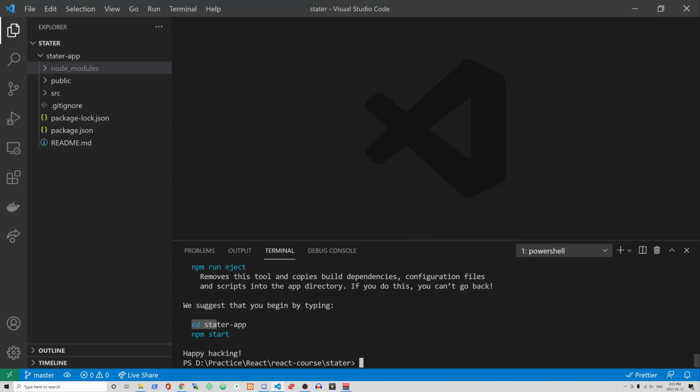We have two commands. One of them says cd starter app or npm start. We see the starter app here. We are on the starter folder, so we have to get into the starter app in order to work on our terminal on this starter app. How do we cd, which means change directory or change folder? So we cd into starter app, or just copy and paste this,